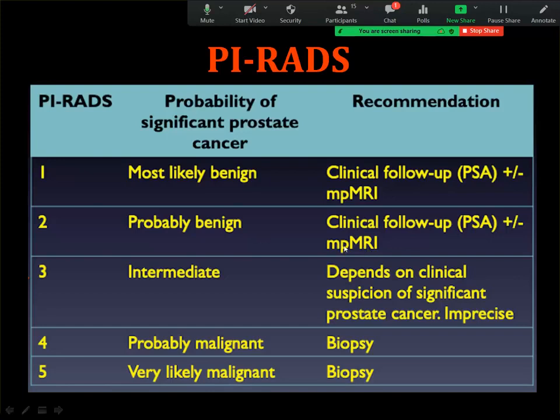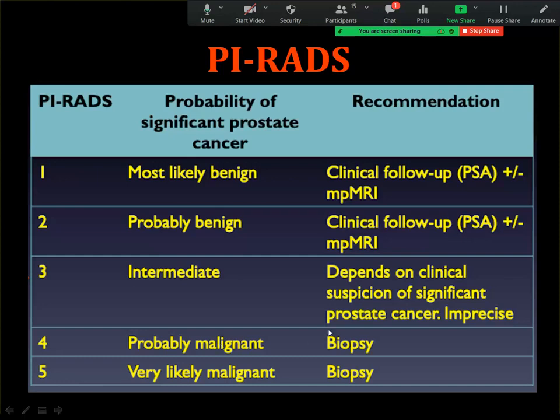Actually, we depend many times, if not almost all the times, on the axial T2 weighted images, and then we go to the diffusion weighted images to separate infection or inflammation from neoplasm, but we do not usually do MR spectroscopy or the dynamic